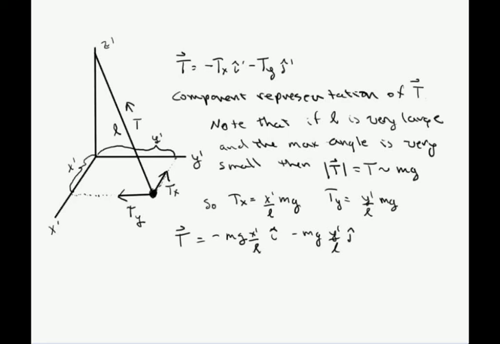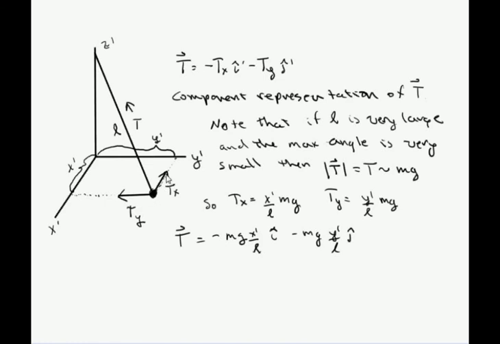So first, let's just look at the coordinate system here. This is my z prime axis, this is my x prime axis, this is my y prime axis. If we want to start breaking things down into components, let's just look at the tension for a minute. The tension in the x direction is